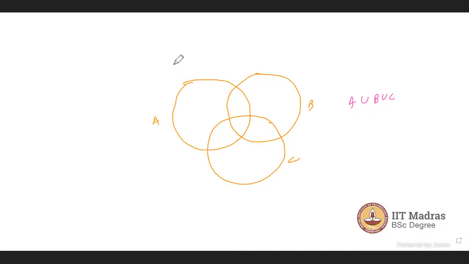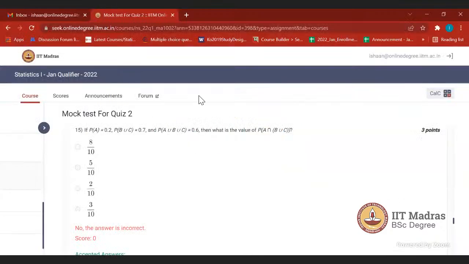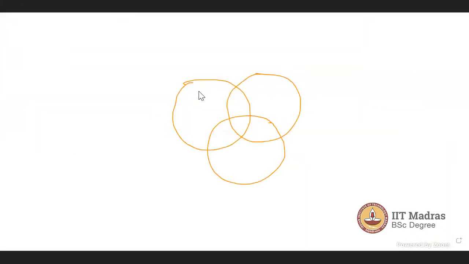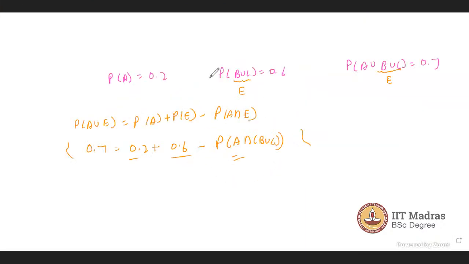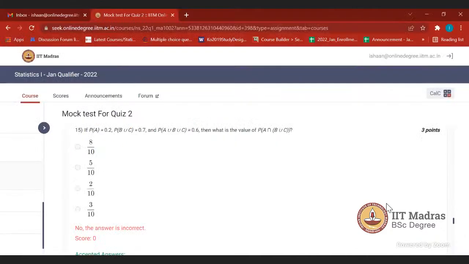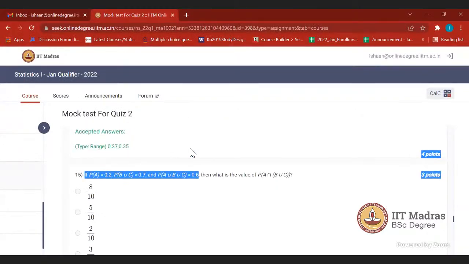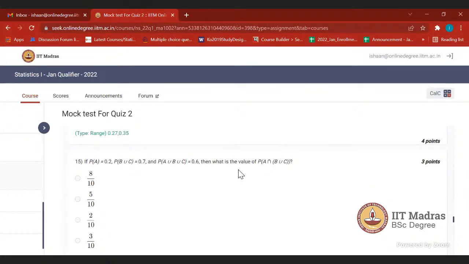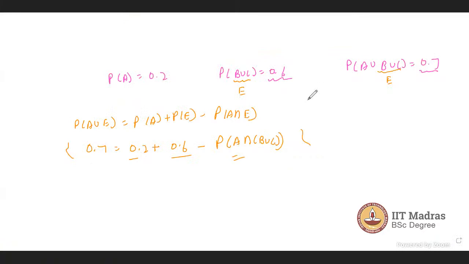Can you please show the calculation part again for this question? I got 0.3 for this part. Yeah, 0.3 because of the values entered in the question. It should be 0.6 and this should be 0.7. As per the question data, it's 0.3 only, right? Okay, fine, thank you. Because the value of the union cannot be less than the maximum of these two. Yes, understood. Can we flip back to that one more time, please? Just wanted to note that down. No, the calculation part, please. Okay, so it's saying probability of B